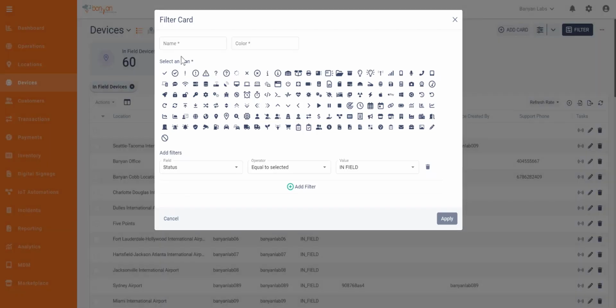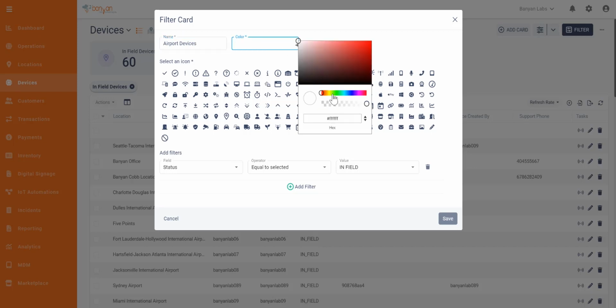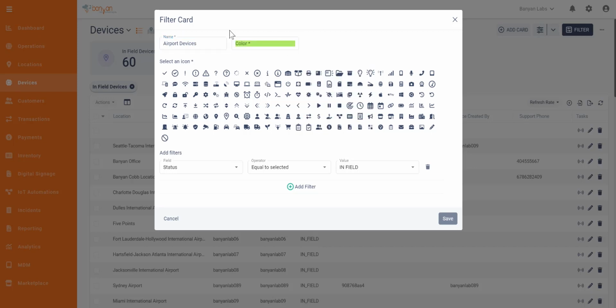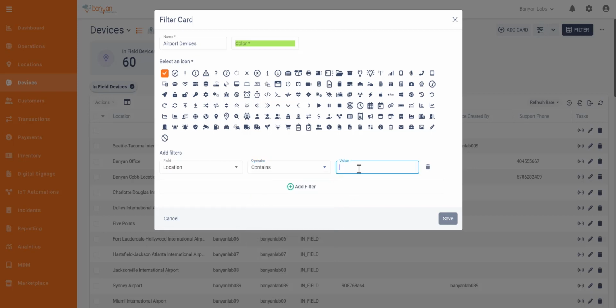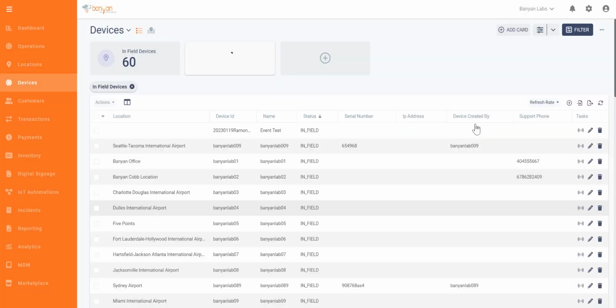Now, one thing I can do here is I can actually add an additional card if I want to. And let's say for this card, I can put airport devices, and I will give that a green color. And I'm going to give this a checkbox. And so for this same one, I'm going to come in here and say contains, and again value airport. I'll hit save, and now this second card is up here, and I can see that there are 53 devices